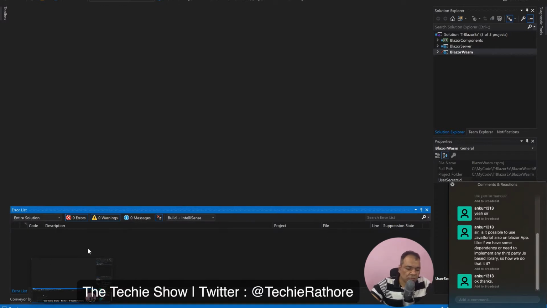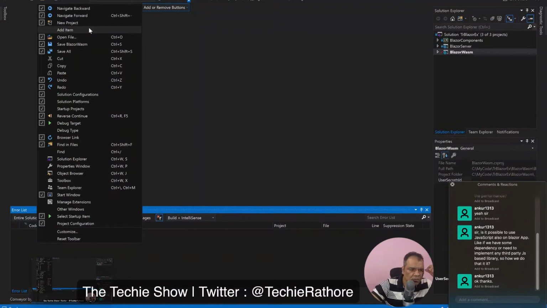It seems like I'm stuck here. What is this? Add remove buttons, navigate, configuration, debug type. Let's see what's showing on debug type. Solution Explorer, find browser link, object browser, no. Team Explorer, no. Select startup item, I don't need this.